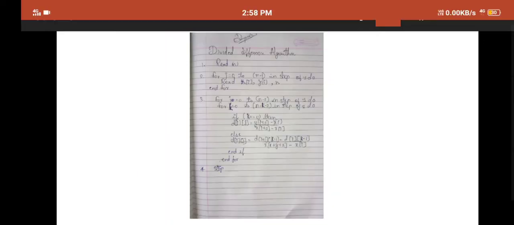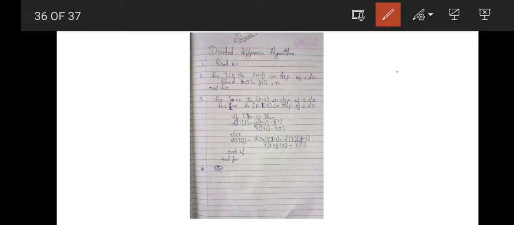So our topic is Newton's divided difference interpolation formula. This method is used for finding the values of y for corresponding x for unequal intervals. So first we understand the algorithm of divided difference. First we read n, that is the number of records. Then we have a loop for j from 0, which will store the values, that is our observations x and